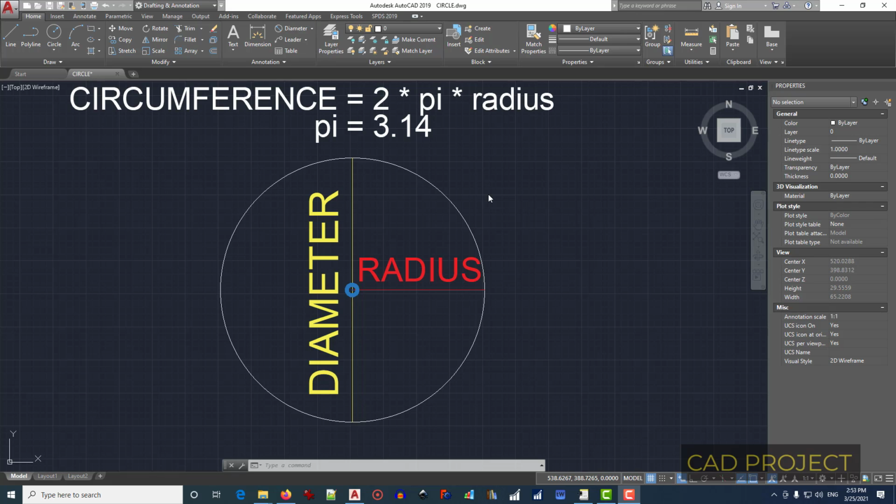When we talk about circle, we have three main dimensions. The first one is diameter, with yellow. That means a distance from the edge of the circle to the opposite edge of the circle. So this line in yellow. We have another one, radius, that is half of diameter, or distance from center of the circle to the edge